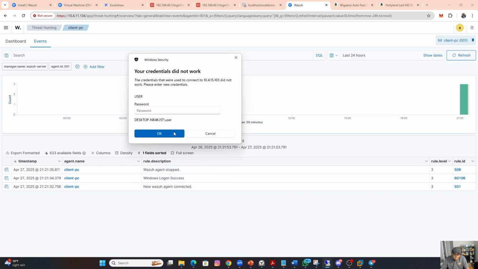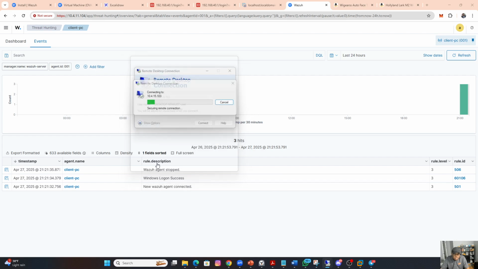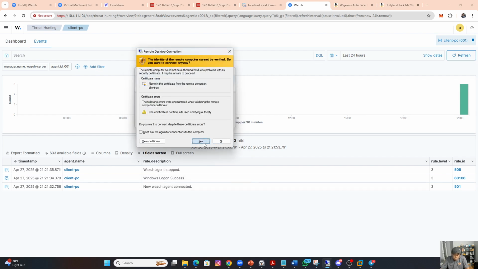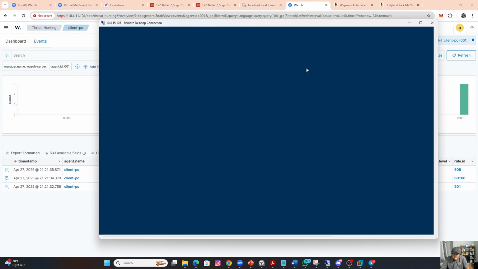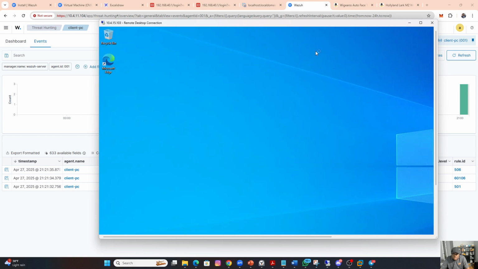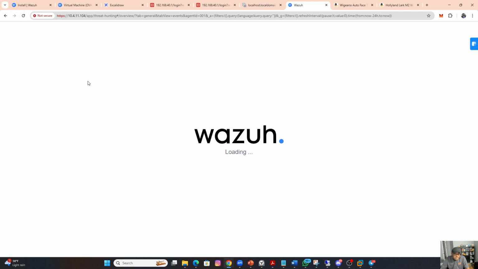Some wrong password, 1, 2, 3, 4. Let me use the right password now. Okay, I've logged in now. Let's see whether Wazuh was able to capture those wrong passwords. So if I refresh,